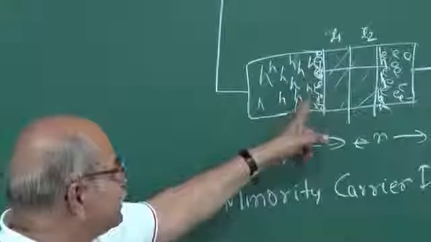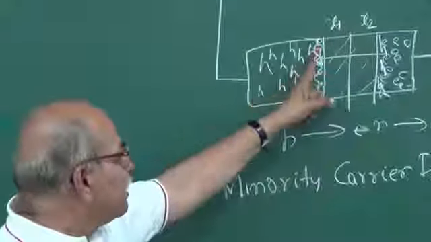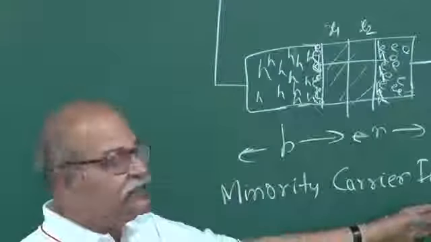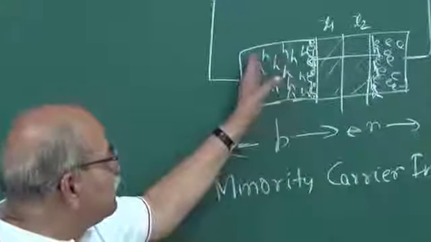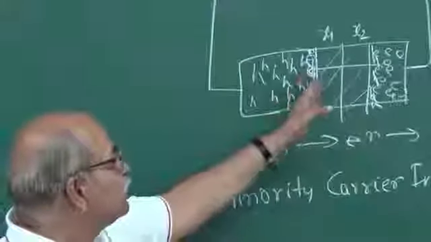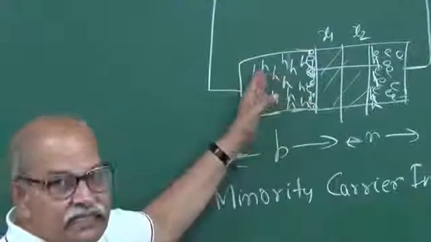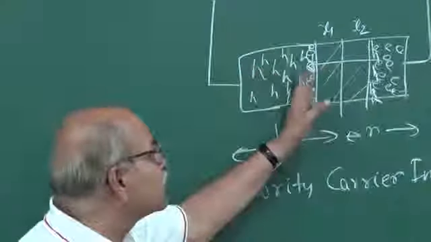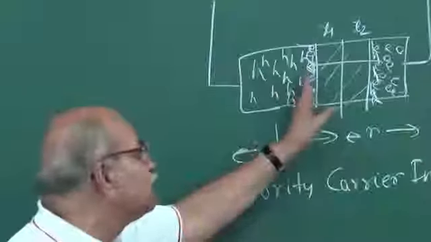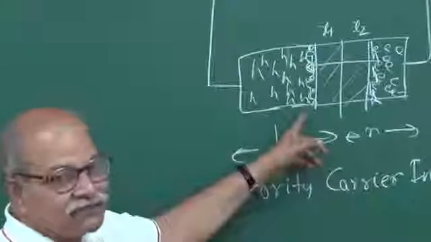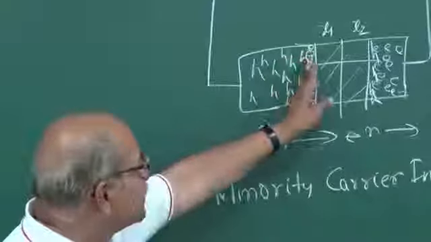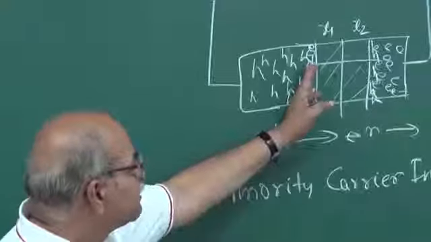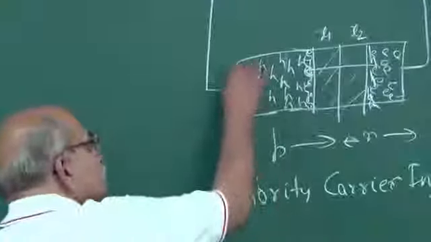So for these electrons, for example, you have a large concentration here because of this diffusion, because of this injection, and as you go away from the depletion region you have very few minority carriers. So you have a concentration gradient once again, and therefore there will be a diffusion of these carriers. These are now minority carriers which are diffusing from right to left, from the edge of the depletion layer to this contact here,